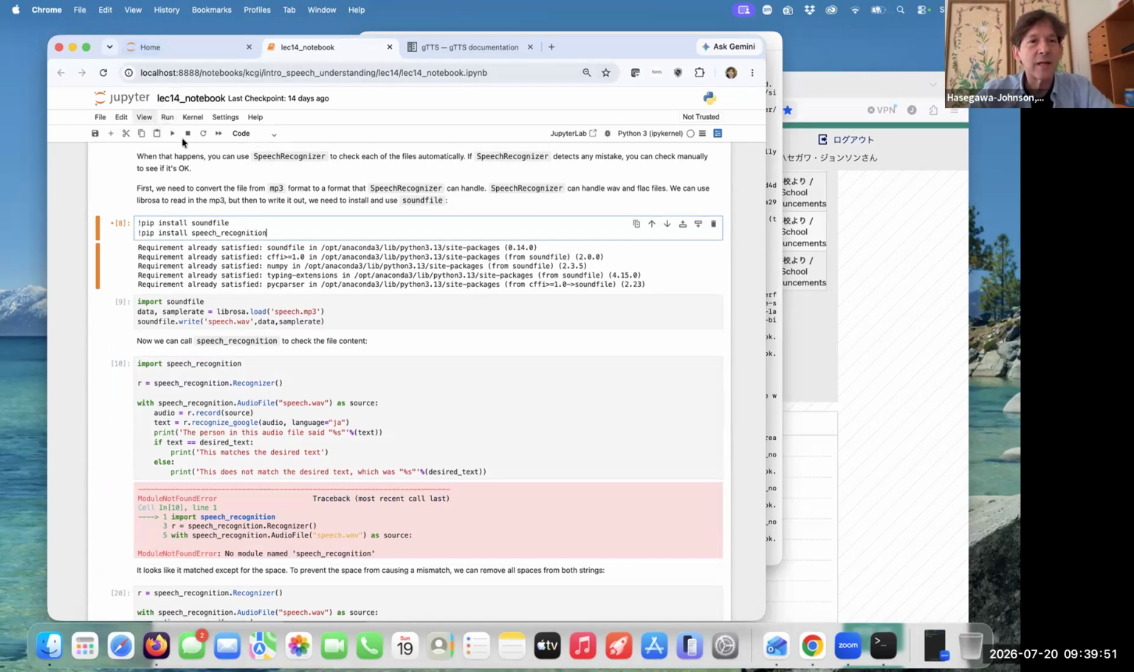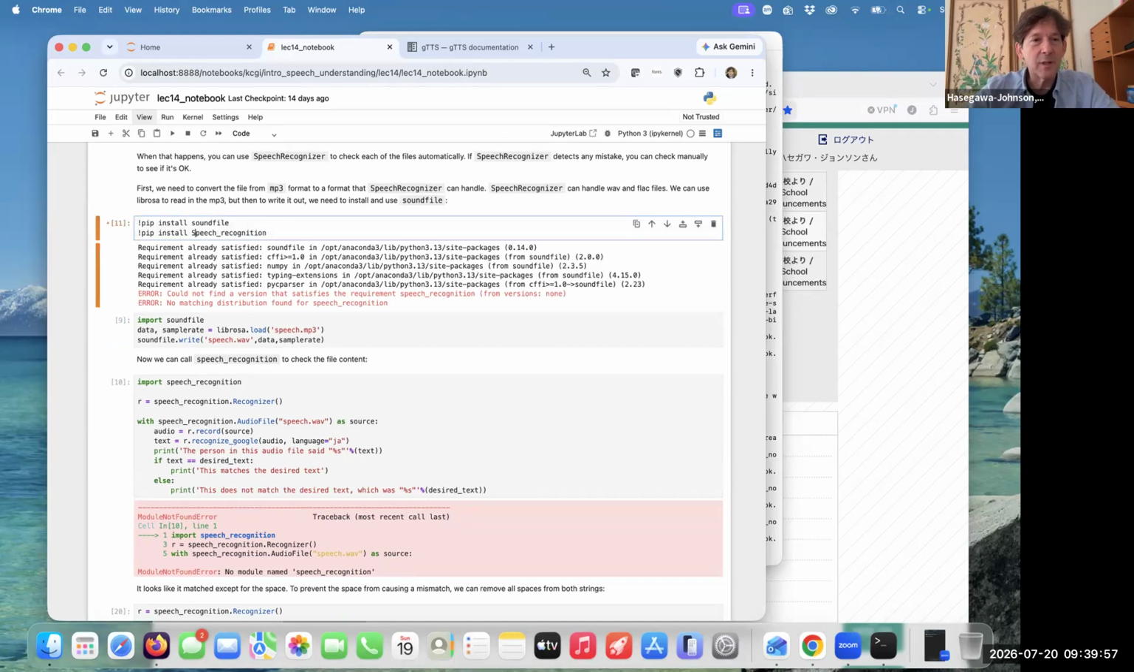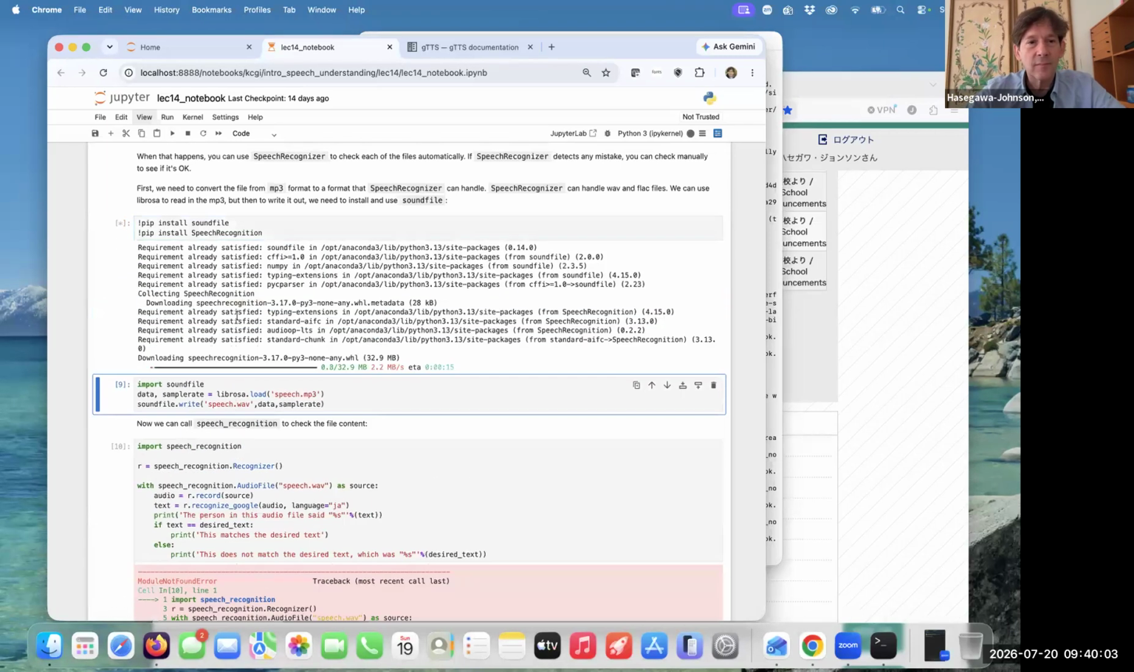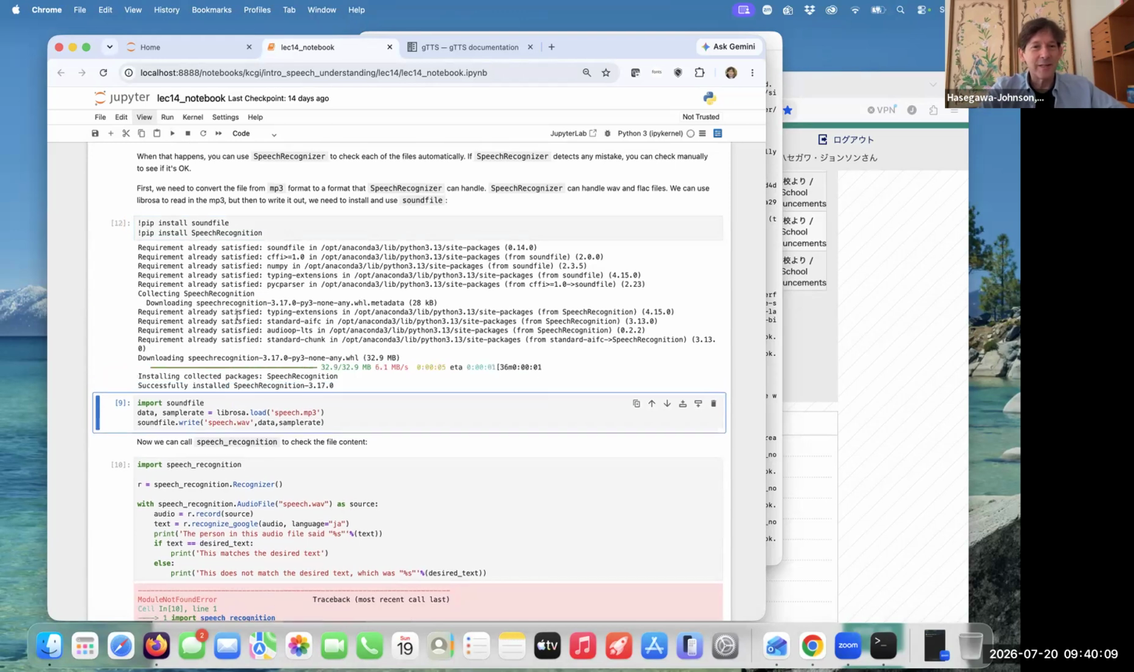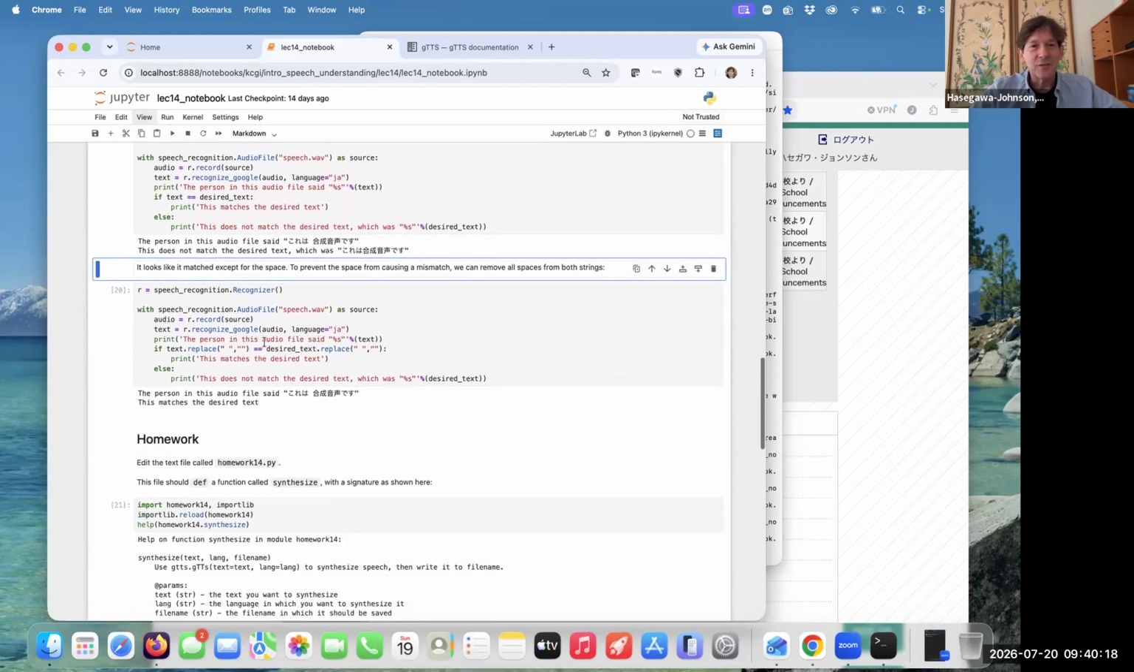I forget if that's the right module to install. Was it capital S maybe? Let's find out. There we go. I've recently upgraded my computer, and so I had to reinstall the speech recognition package. Now it's installed, and so now we should be able to run the speech recognition package and do the text